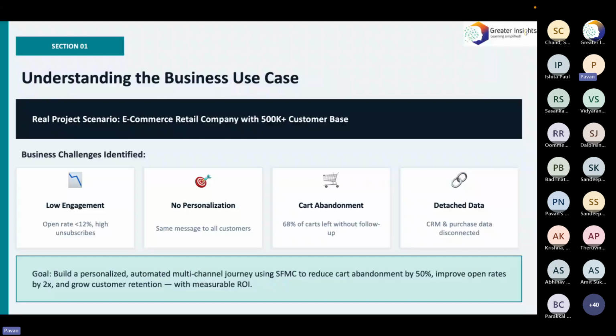Right? Now, what is measurable? Something that you know for a fact, not just assigning a number to it. Not just okay, there is this 50%, 30% reduction. No. Okay, 68% of the carts were left without follow-up, right? Now, if we are able to bring it down even by 50% as an initial improvement, that itself is progress. And I'm saying that there is an open rate of less than 12%. And if I'm able to make it 20%, 24%, if I'm able to make it grow 2x,